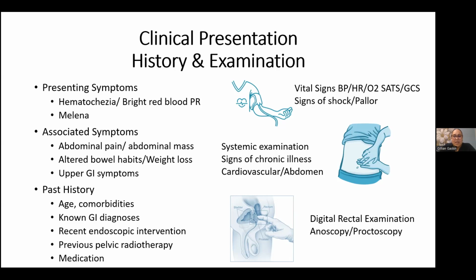A physical examination should include careful attention to vital signs and assessment for signs of hypovolemia, which would help dictate your resuscitation. Careful rectal examination can also help determine an anorectal bleeding source and indicate the presence of melena, which then would also increase the likelihood of an upper GI bleed. If digital rectal exam is negative, but there's a high index of suspicion for internal hemorrhoids or fissure, anoscopy should